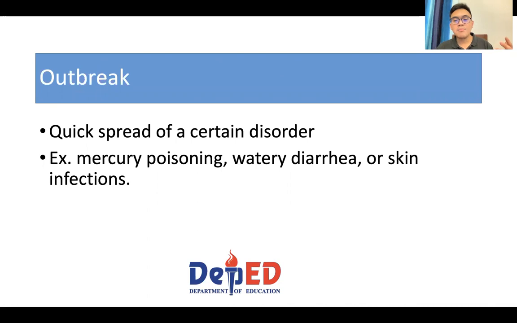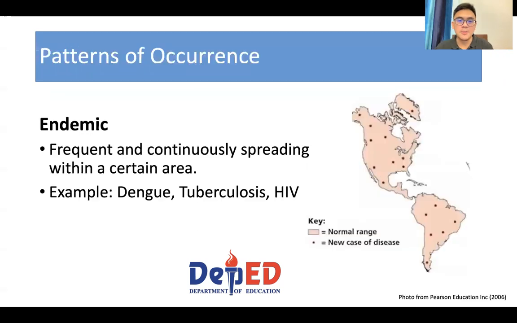So when a certain disease quickly spreads, that's what we call an outbreak. So it's a quick spread of a certain disease, whether communicable or non-communicable. And when we're talking about the spread of a disease, we have to understand its spread. Is it only confined to a specific area, or is it occurring in multiple sites? Is the rate of increase high, or are we noticing spikes, or are we just noticing very sporadic occurrences of